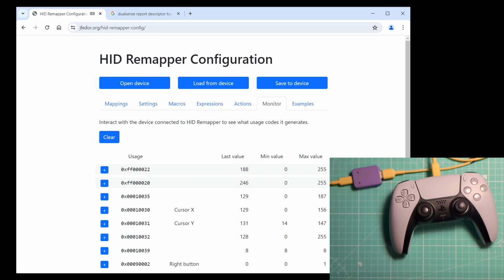The problem with it is that its report descriptor is not as good as it could be. It says where to find the button state and the joystick state, but it doesn't have proper definitions for the touchpad or the motion data. The information is still there, but it doesn't properly advertise where to find it. You might ask, how does a PlayStation 5 know where to find that information in the bits sent by the controller? Well, it just knows.